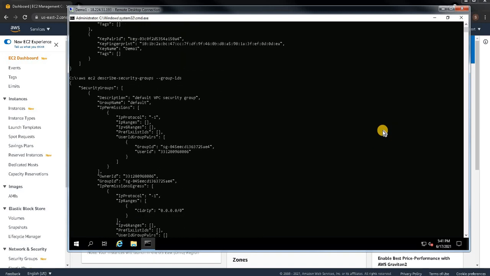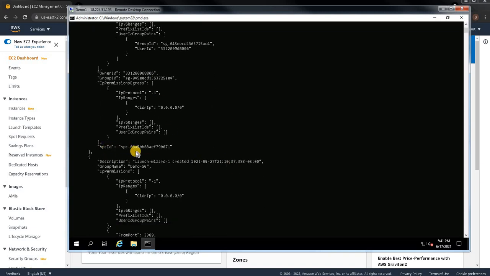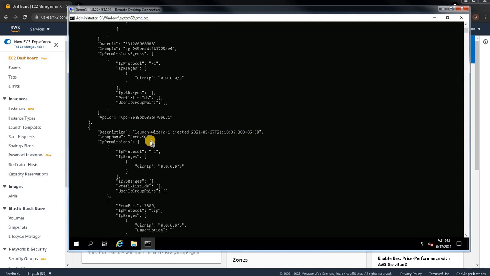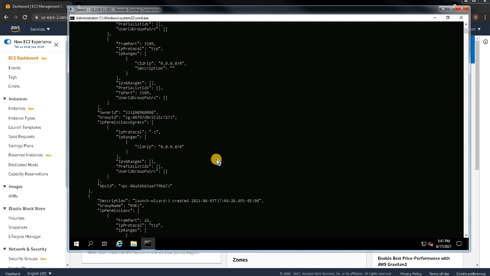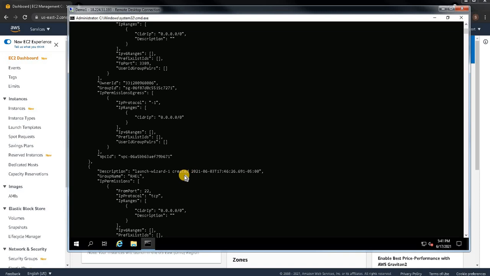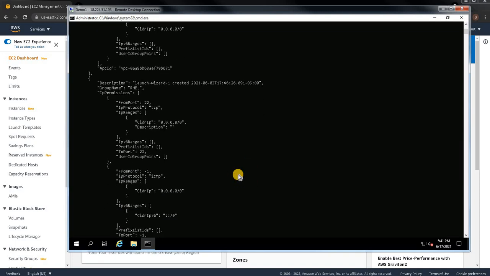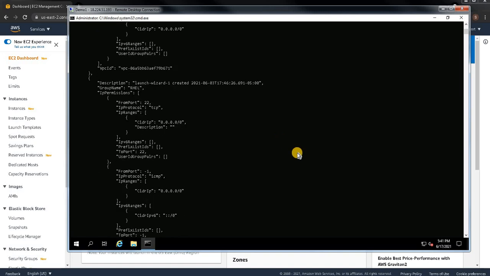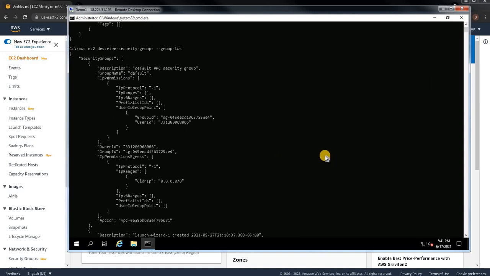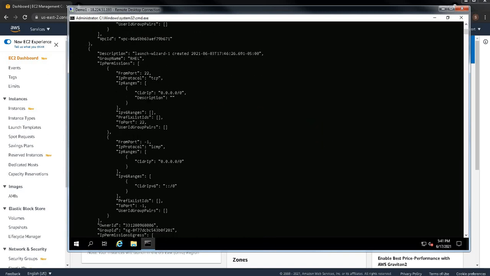This is my security IDs. Now you can see when it was created. This VPC was created on so and so date. This security group is named demo SG. The CIDR range allows all. This is RHEL, created on this date. What else do I have? I have only this. So now we have seen how to show the security groups. Now let's explore and create a new security group. So let's do that.